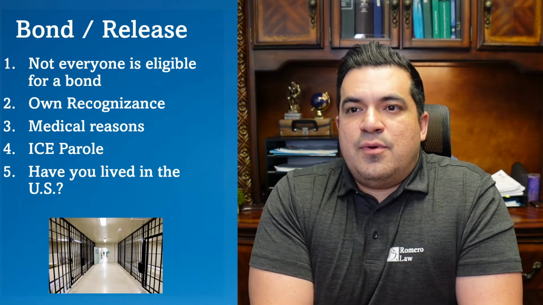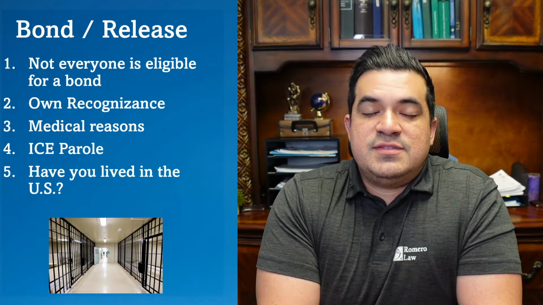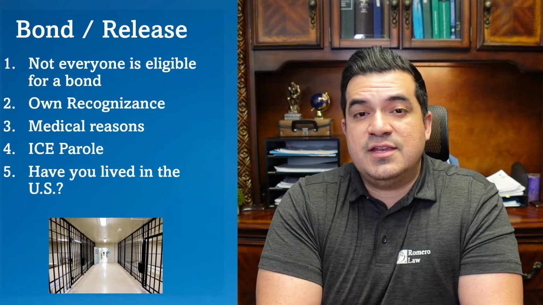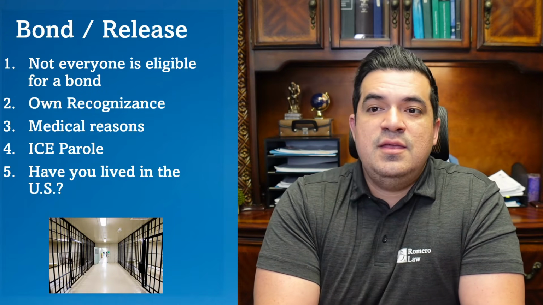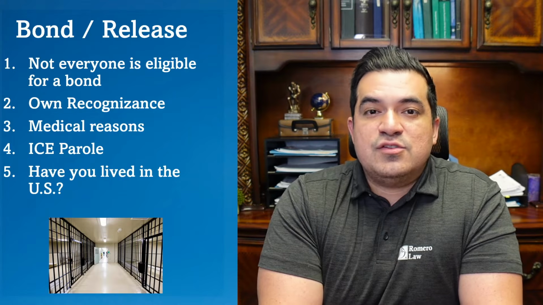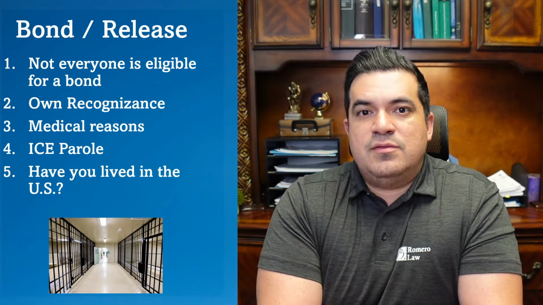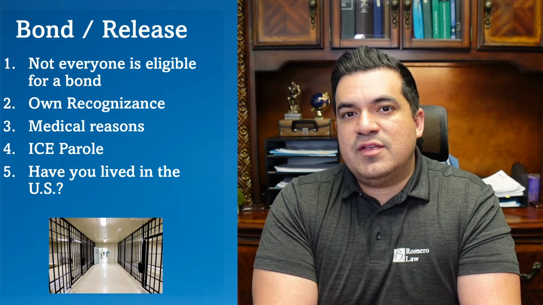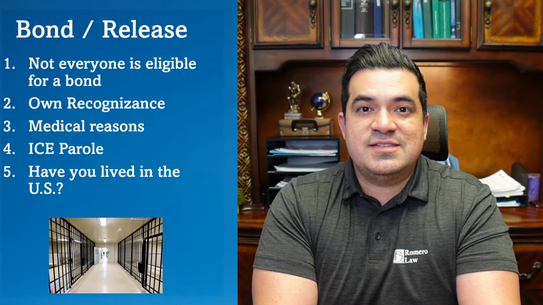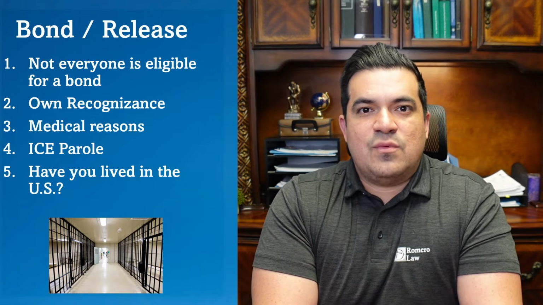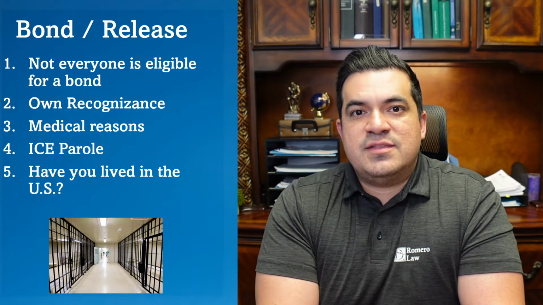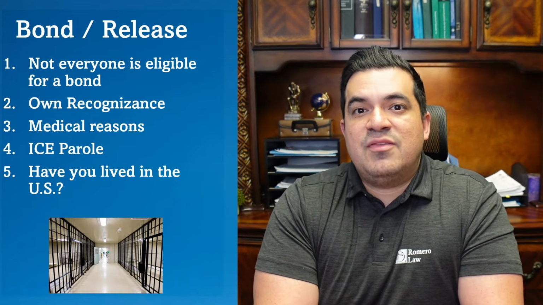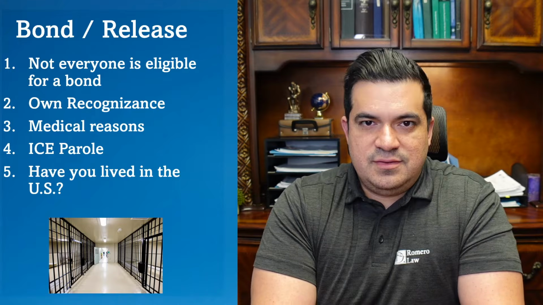So this is a tricky part when it comes to someone seeking asylum. It matters how you seek asylum, because you can potentially be detained by immigration. Not everyone is eligible for a bond in front of a judge. If a person goes directly to the border or the port of entry to seek asylum, then you will be considered an arriving alien. If you are detained and then have a hearing in front of a judge, the judge does not have authority to issue a bond.